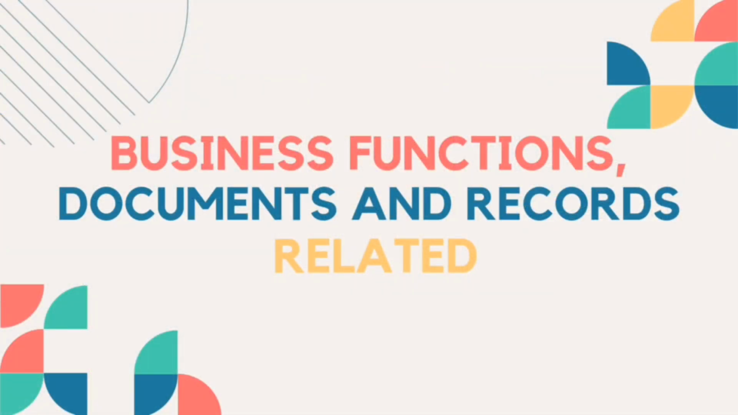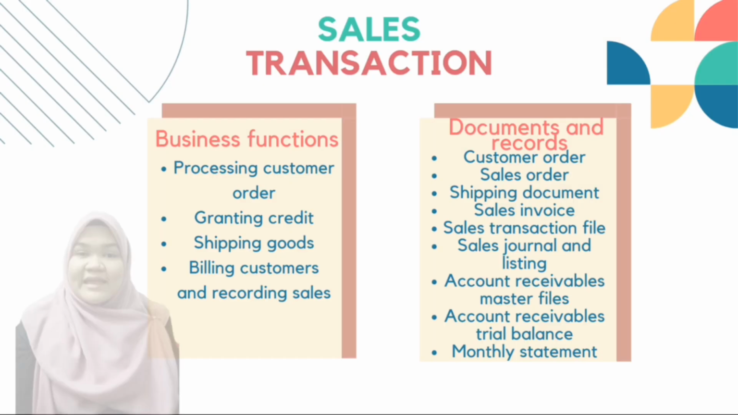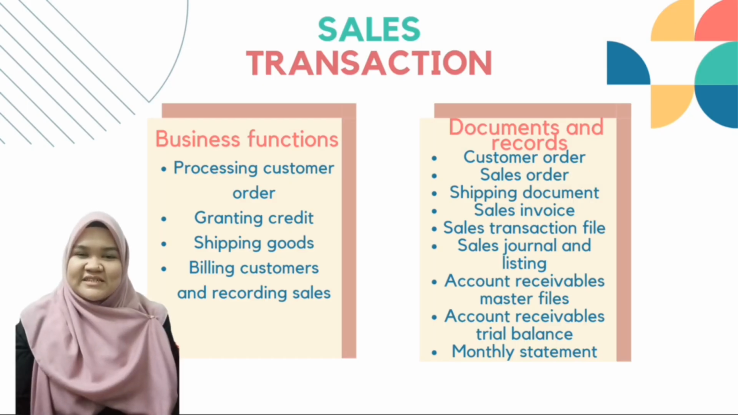Business functions, documents, and records related. Now let's take a look at the first transaction, which is the sales transaction. There are 4 business functions under this transaction, which are processing customer orders, granting credit, shipping goods, and lastly, billing customers and recording sales. Documents and records that are related to the sales transaction are customer order, sales order, shipping